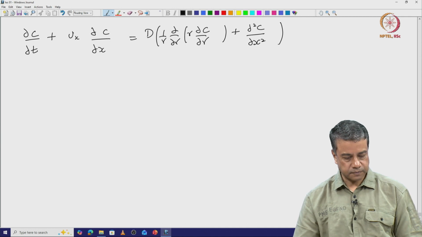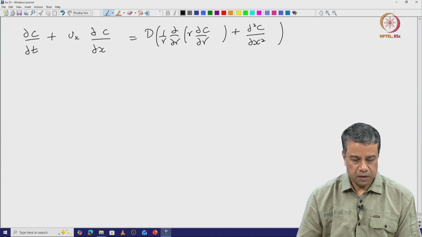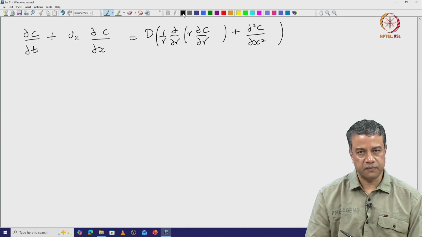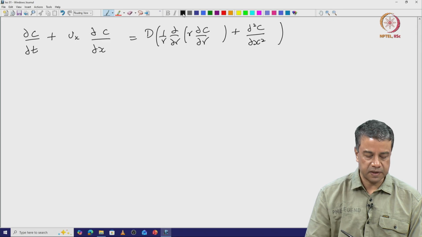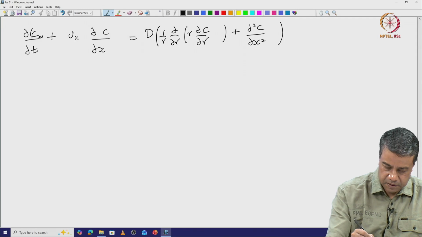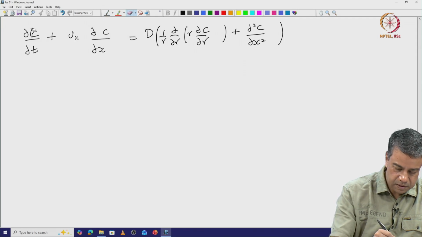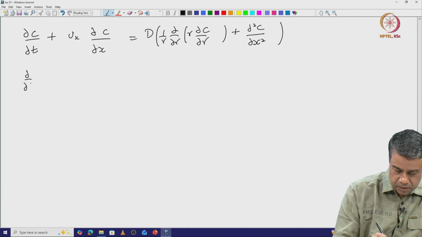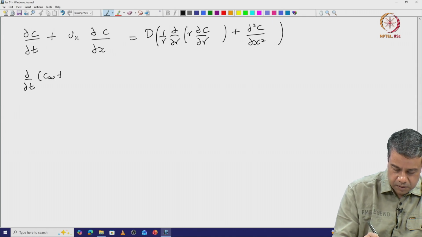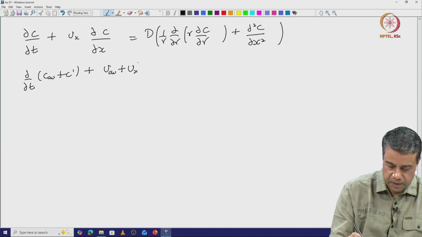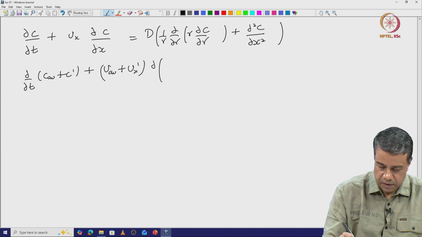And now, for c I have to substitute c average plus c prime, and for Vx I have to substitute V average plus Vx prime. So, this first term becomes average, so rather I will write it again. Plus V average plus Vx prime partial of